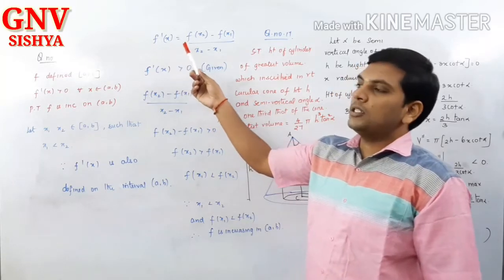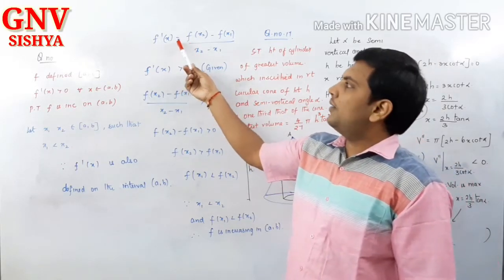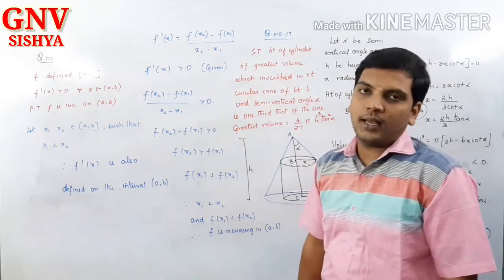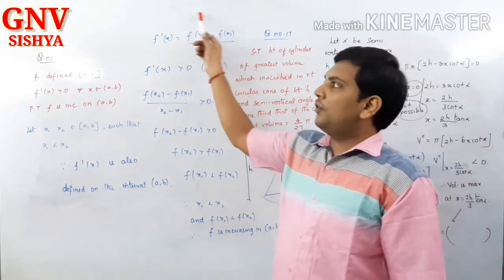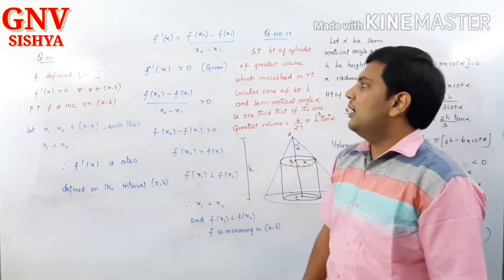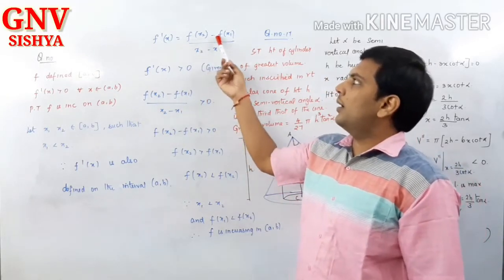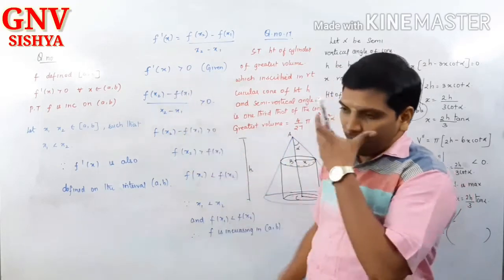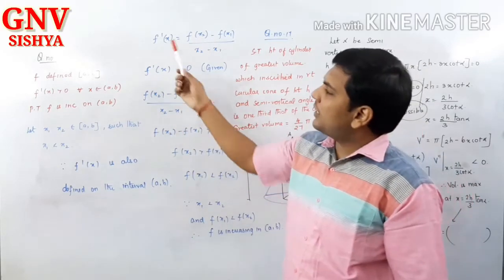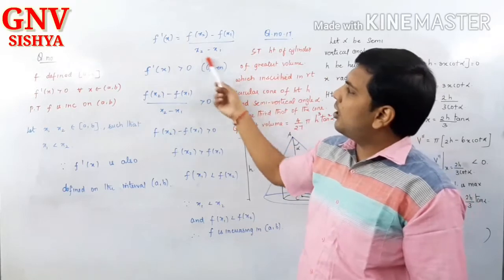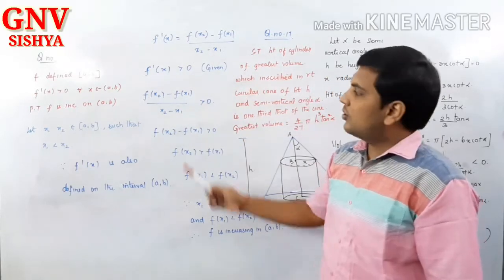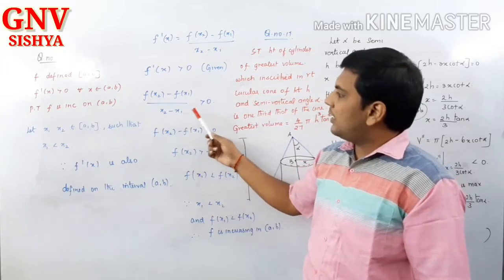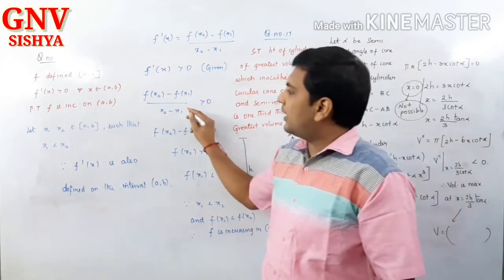Therefore, by first principle of differentiation, we know that f dash of x can be written as f of x2 minus f of x1 divided by x2 minus x1, correct? This is the formula for the first derivative principle. It is the slope, actually y2 minus y1 divided by x2 minus x1, same thing. Now they have given that f dash of x is greater than 0. Since f dash of x is greater than 0, this term will also be greater than 0, am I correct? So if it goes to the other side, it will also be greater than 0. This cannot be negative.